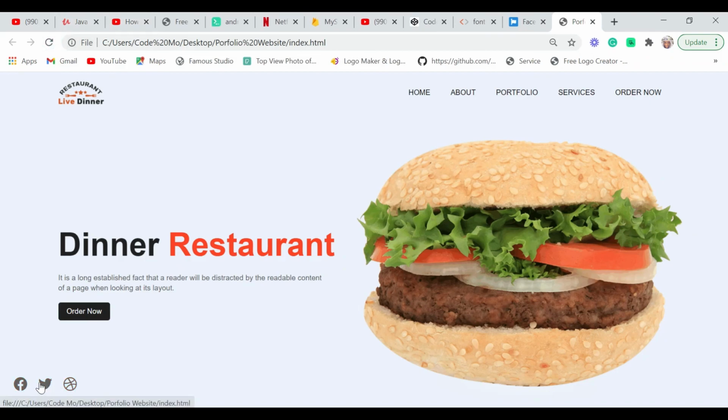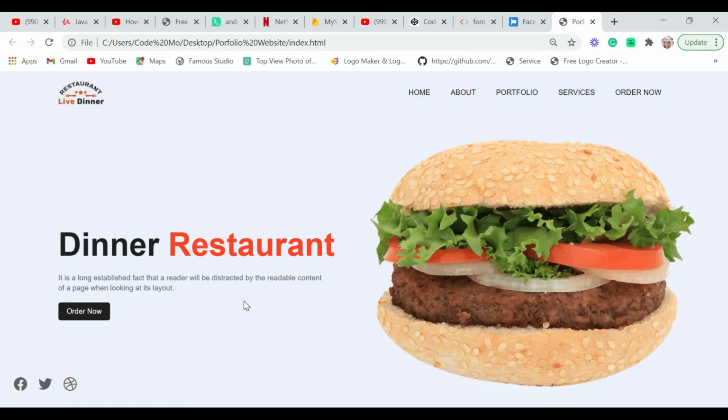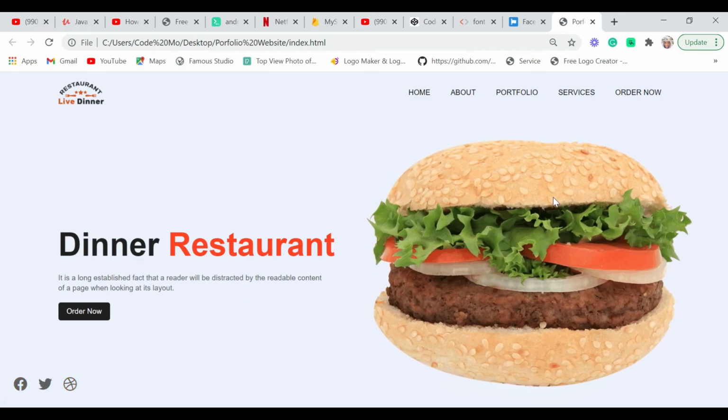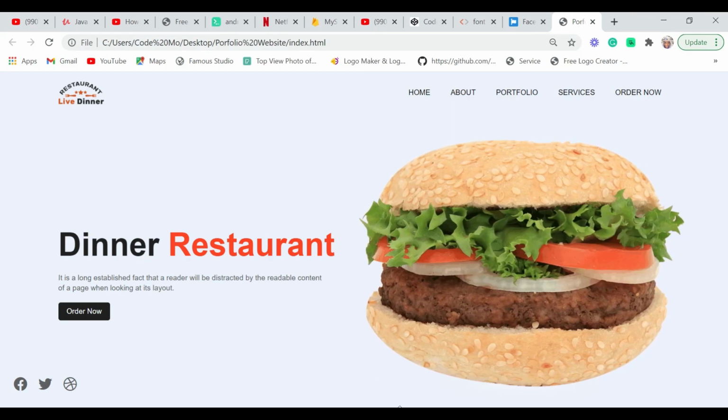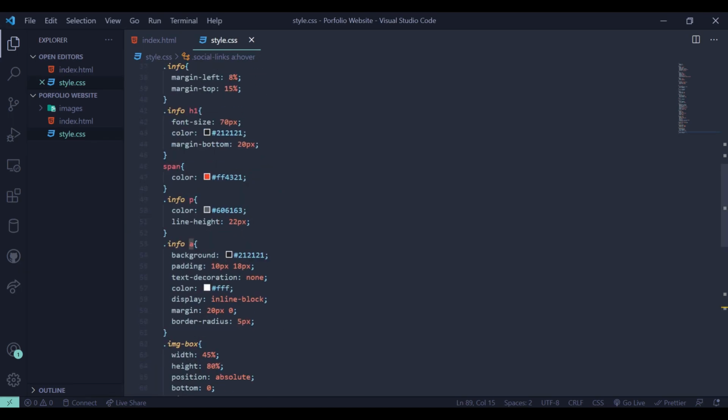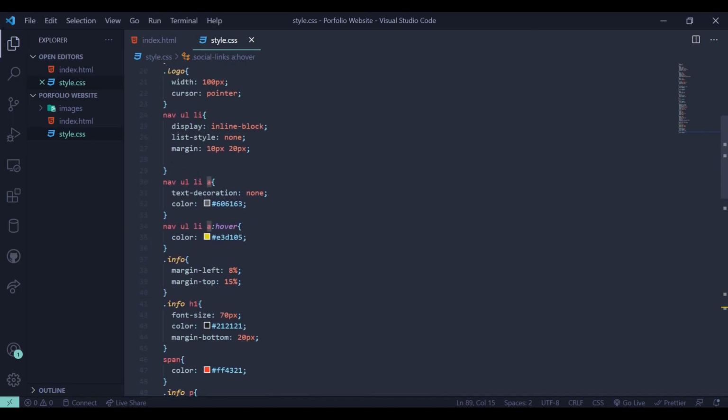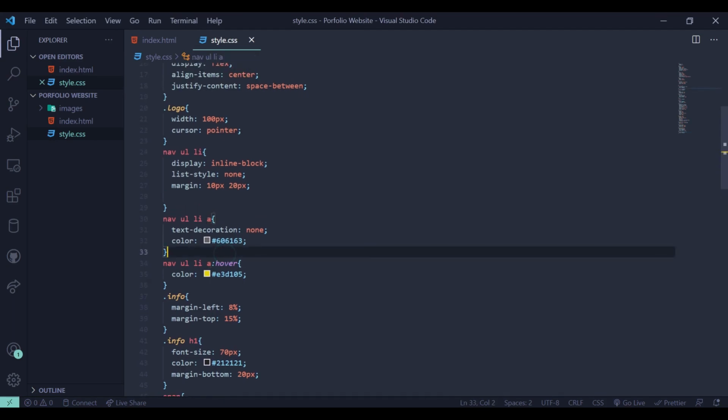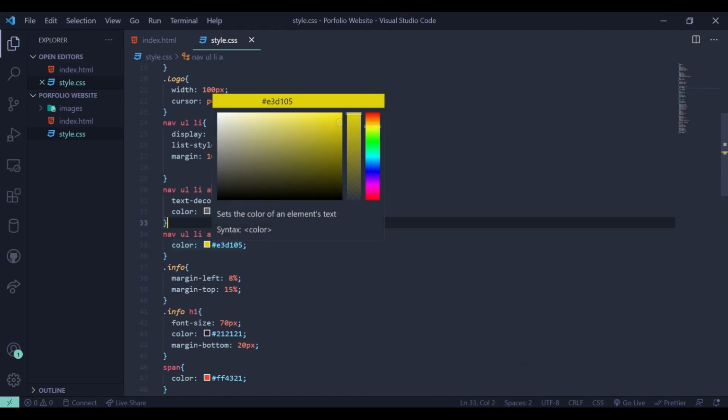Now you can see there's some hover effect over these 3 social media links. And also you can see when we cursor the image moves to the right side. Now for this one, for our nav URL,